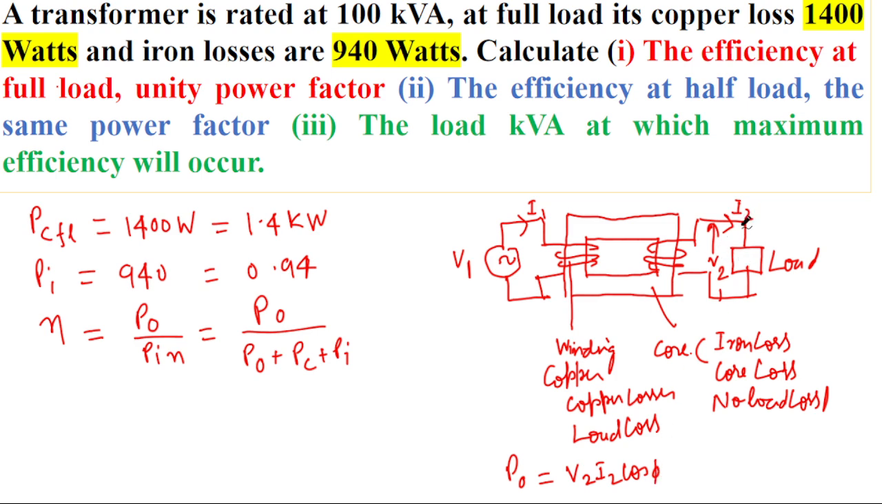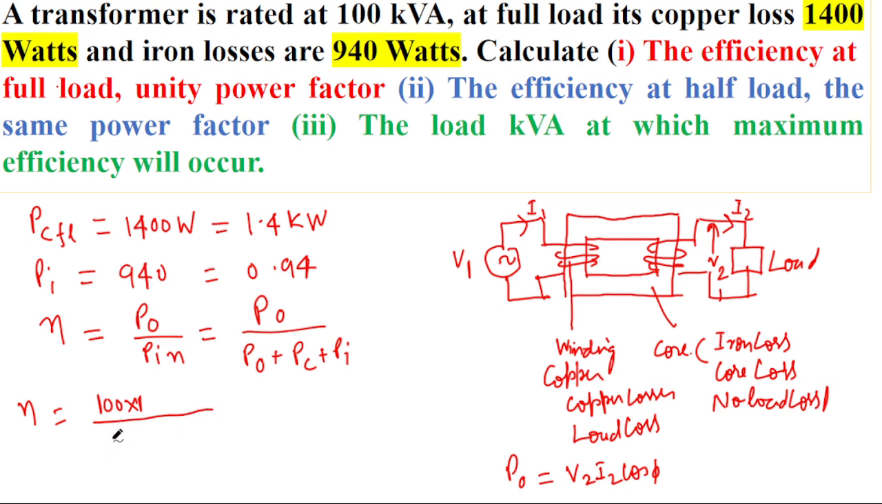That is V2 into I2 and the power factor of this one. So this is called PO, right. Here we need not know V2 or I2 because the transformer kVA rating is given. So efficiency at full load will become η equal to, that is 100 kVA and power factor is unity. So PO will be equal to 100 kVA multiplied by 1, or 100 kilowatt, and